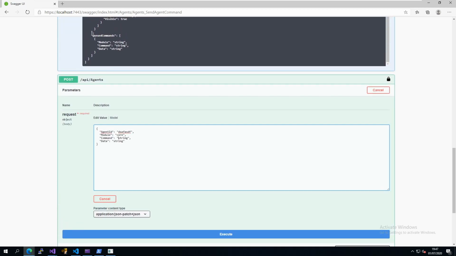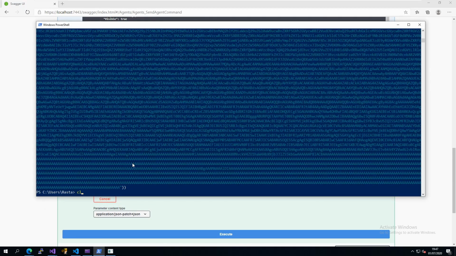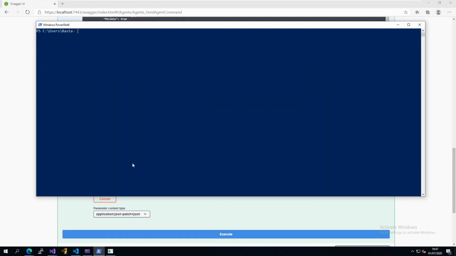Right, core load module, and then to load it we can do system.convert to base64 string, system.io.file read all bytes,